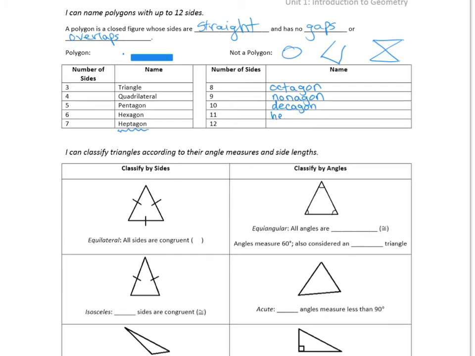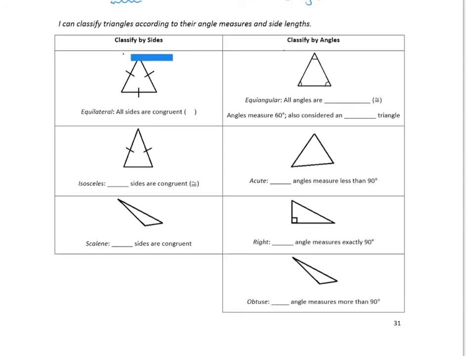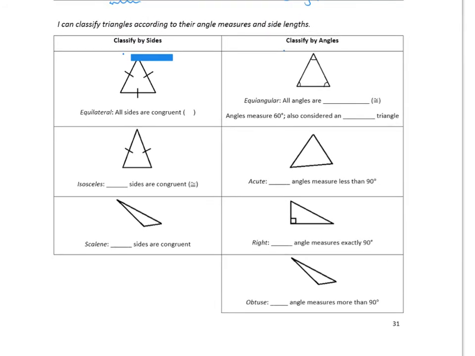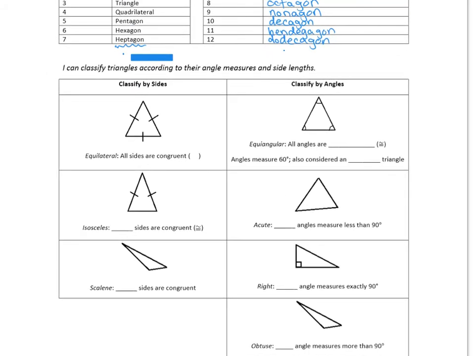11 is a hendecagon, and 12 is a dodecagon. Yes, we expect you to know all of these. All right, then we expect you also to be able to classify